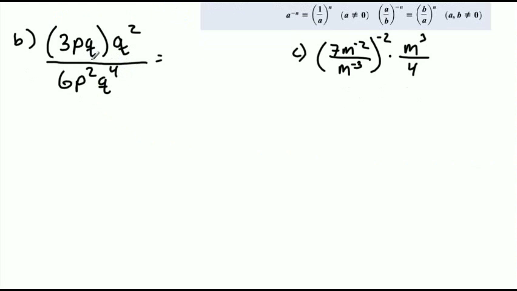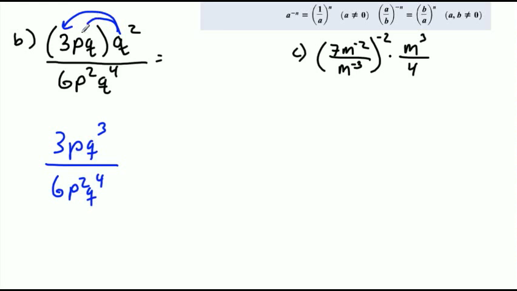Let me first deal with the numerator up here first. I'm going to multiply, well, let's see here. Yeah, let me just multiply this by q squared. So now this becomes 3p q to the power of 3 on top. And I'll just leave the denominator as we see it. Let me make a note of this though. There is a common error that I've seen many times, and that is students think that they need to multiply q squared times 3, q squared times p, q squared times q. That is incorrect, because